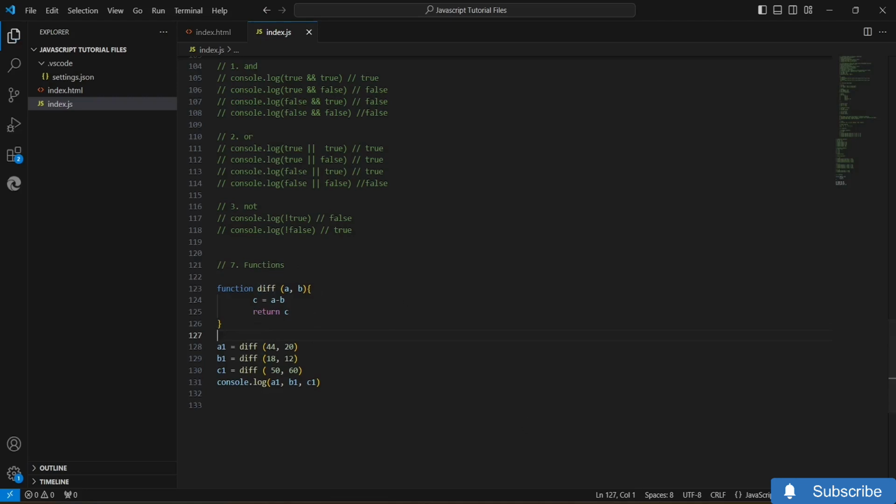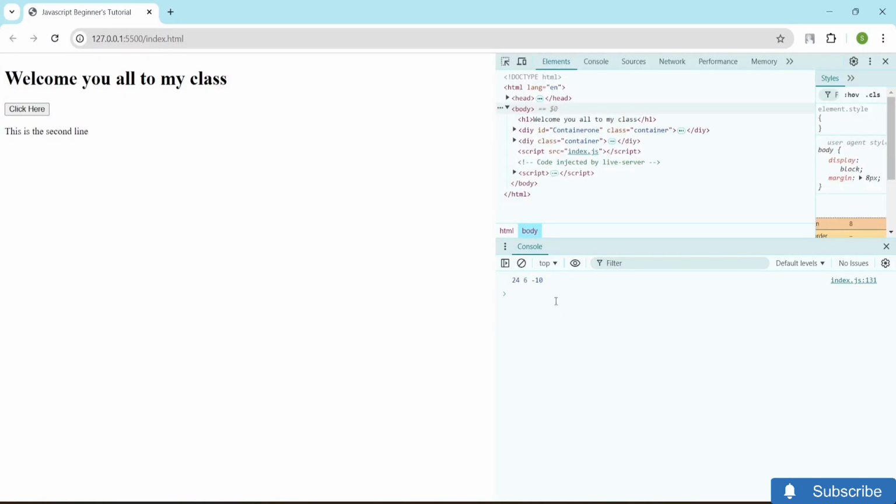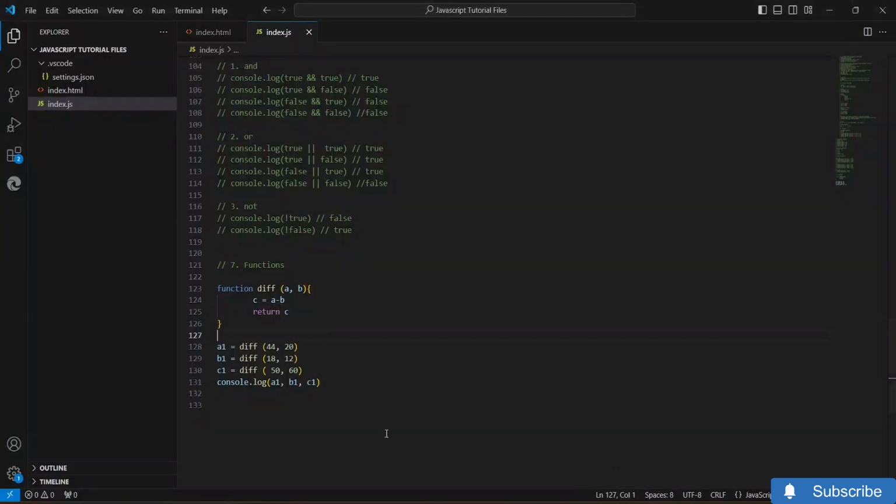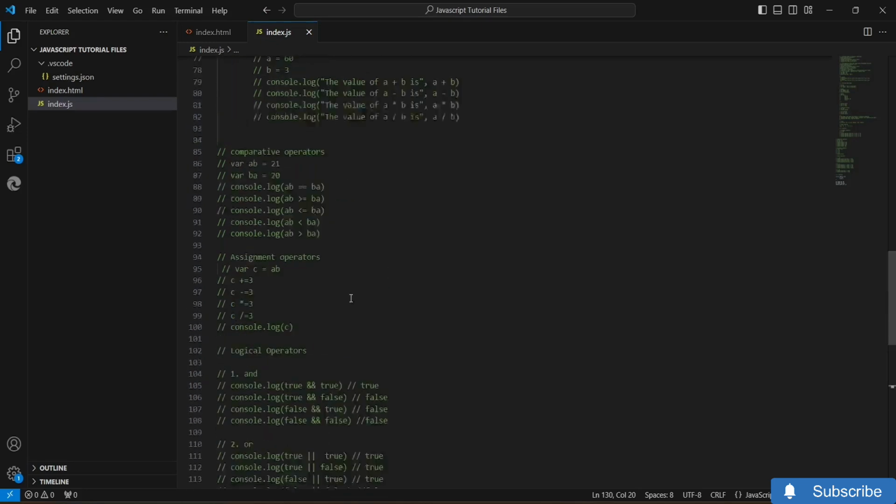Okay, so if I just click on Control S and let's come here, you guys can see the answer is 24, 6 and minus 10. Okay, so over here as you guys can see 50 minus 60 is minus 10. So you guys will be able to get values in minus numerical value as well. So this is basically the usage of function, and function will be inactivated till the time you don't call for